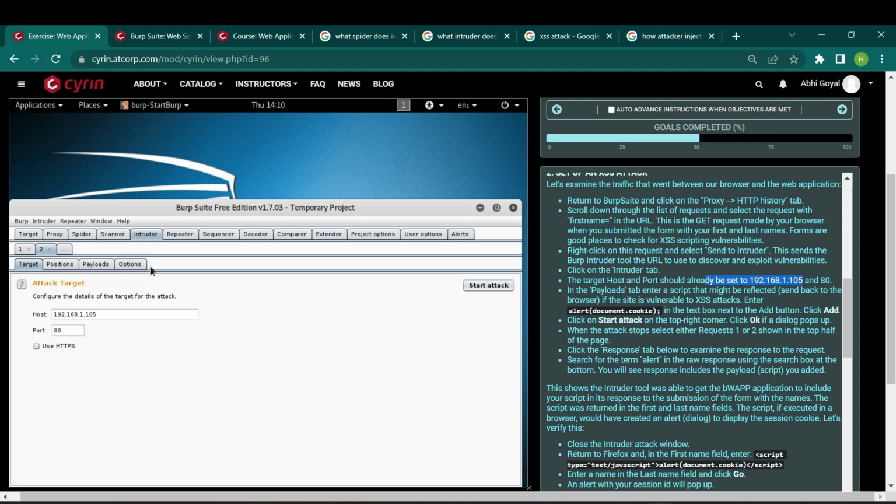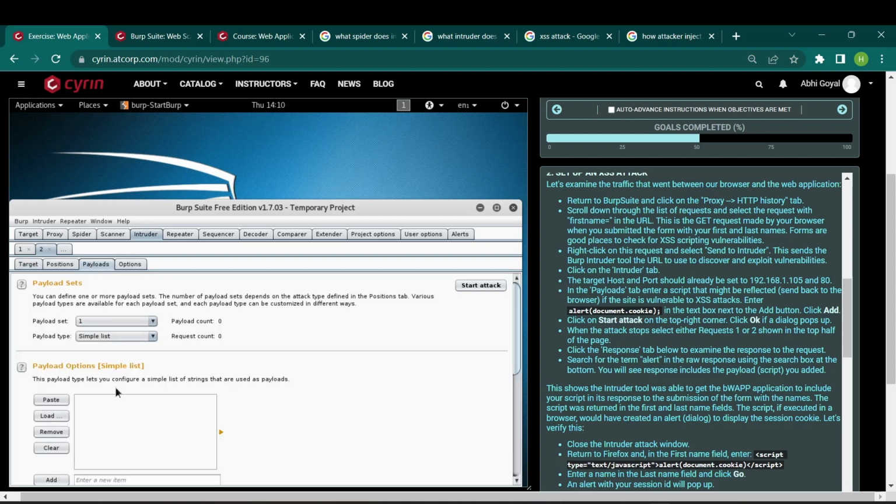The target host and port were specified earlier, and we will click on the payload tab and enter a script. We will check whether we can enter any script, so we add a script, alert document